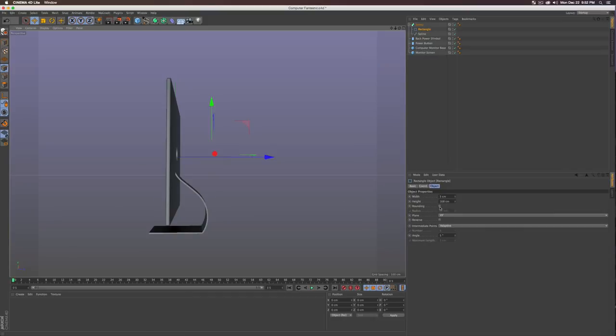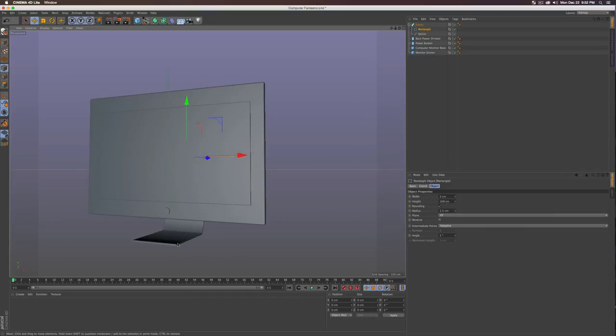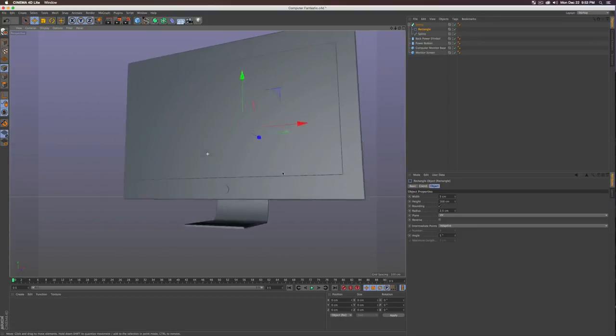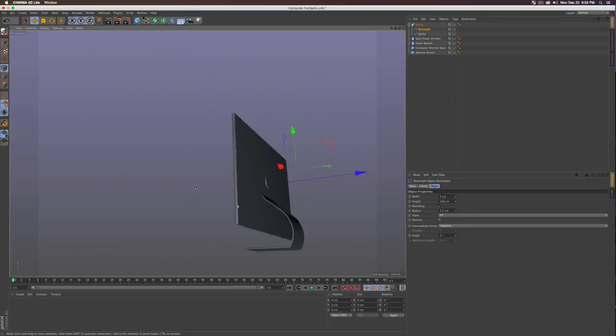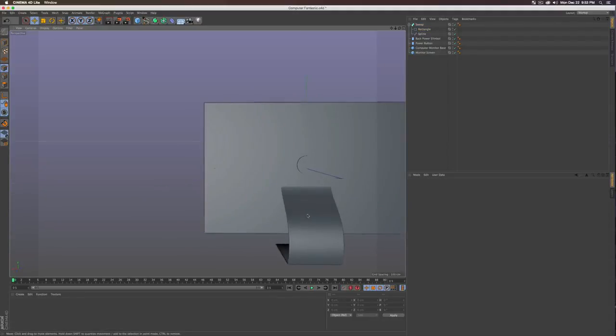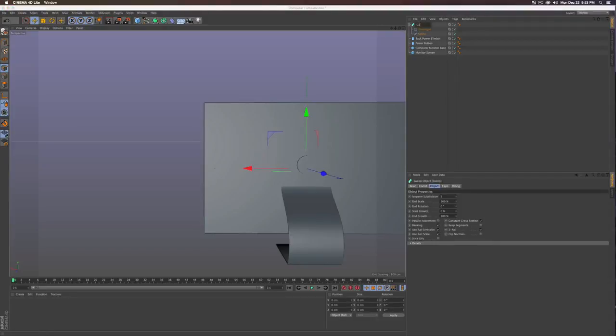We'll adjust it so it looks better, and then just turn on rounding. So we have these wonderful little rounded edges, real Mac-like and Apple. Make Steve Jobs happy. So this is all looking pretty solid. Let's go ahead and add that little cutout in the back. So what I'm going to do is name this sweep computer base,